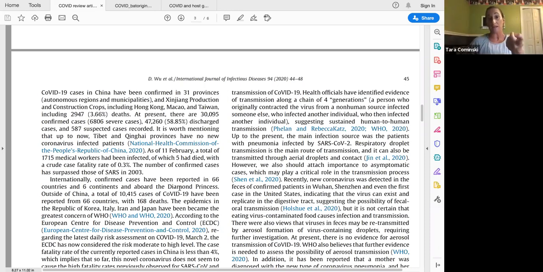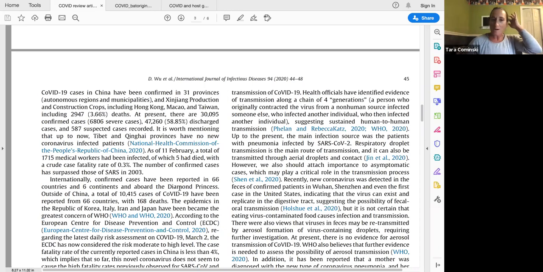Exactly. These are all good points to bring up. The other thing to remember is they're just looking at the cases that were in China, sort of a subset. So whenever we're reading these articles, you have to remember where they're pulling their data from, how they obtained their data, and check what date you're talking about. But yeah, it's true. To Katie's point, when I was reading it too, that stood out to me, that the rate was lower.